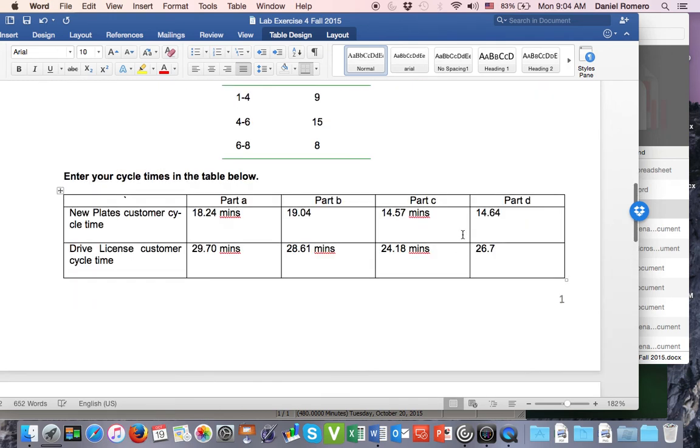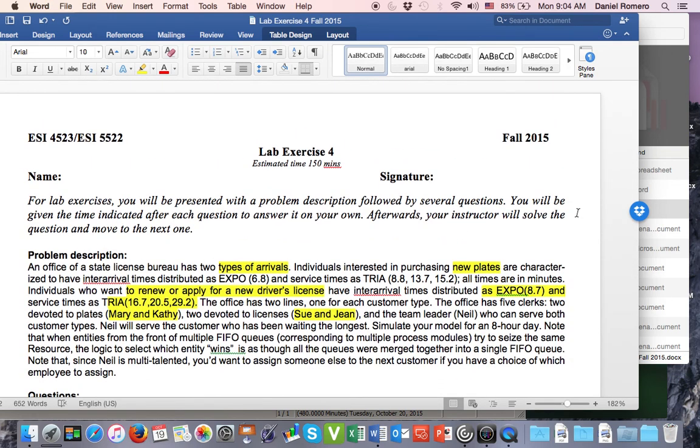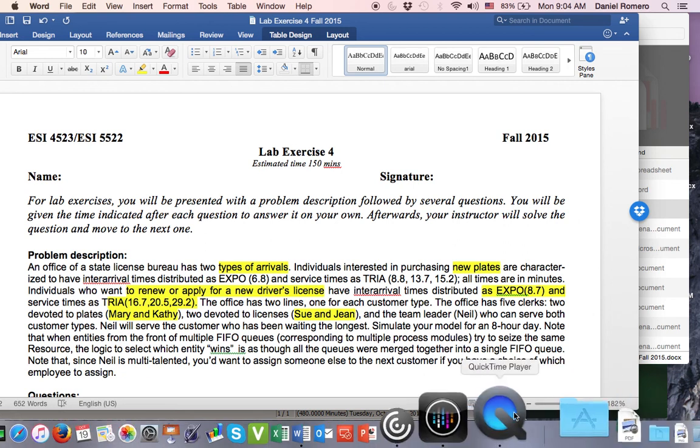Okay, so that's everything for today. We hope that you learned how to use the capacity sets, the resource sets, how to model a non-stationary process, and how to assign priorities. So I will see you in our